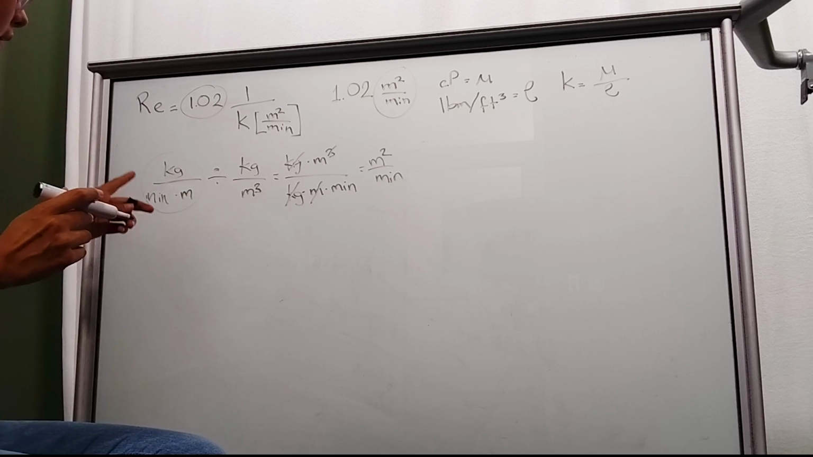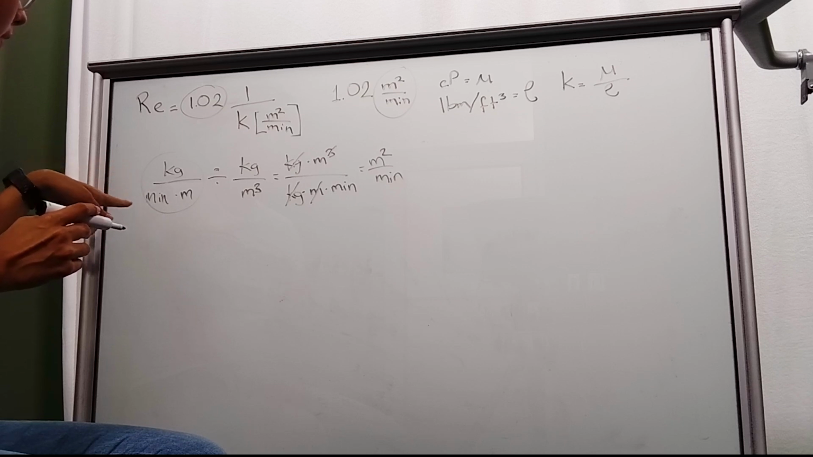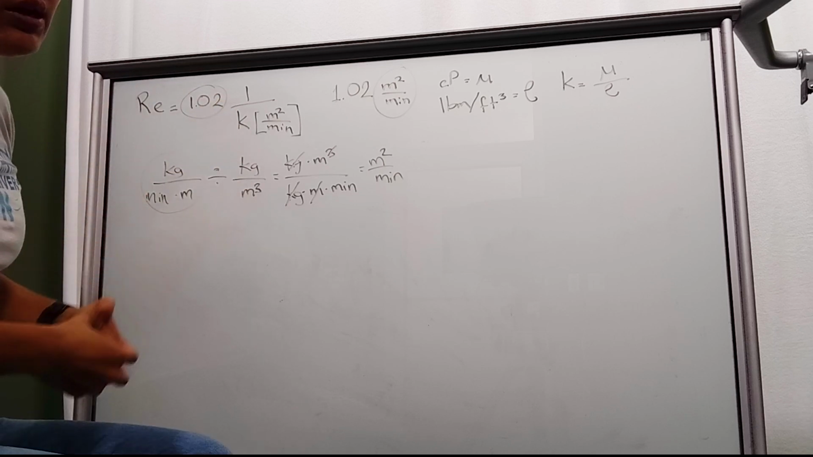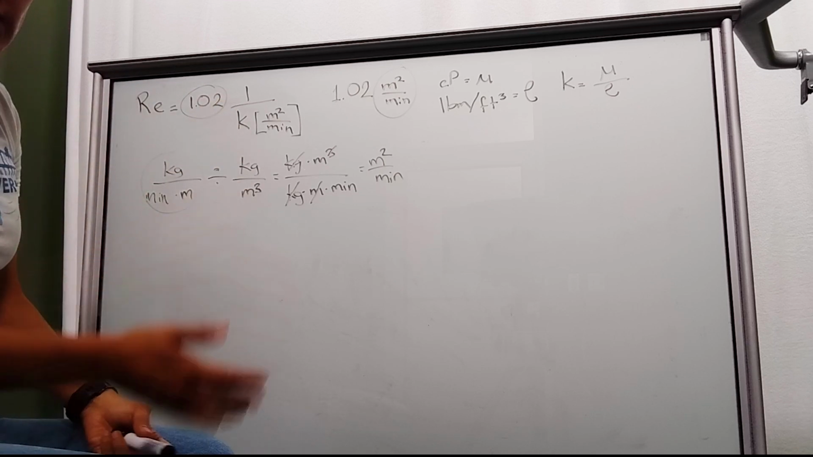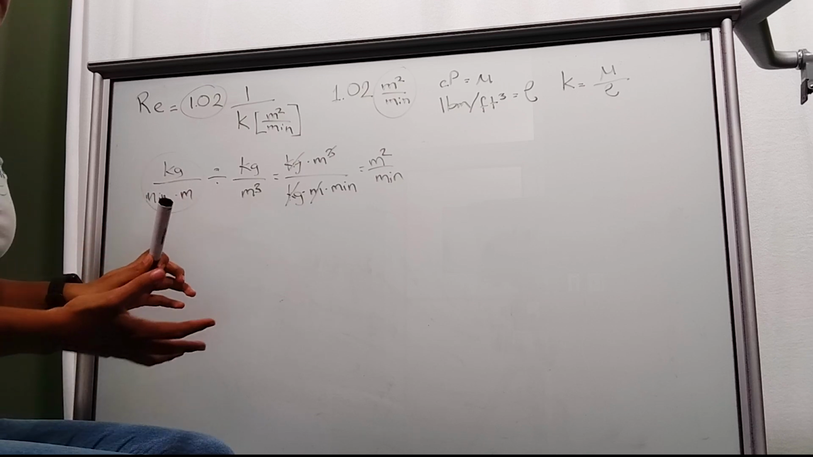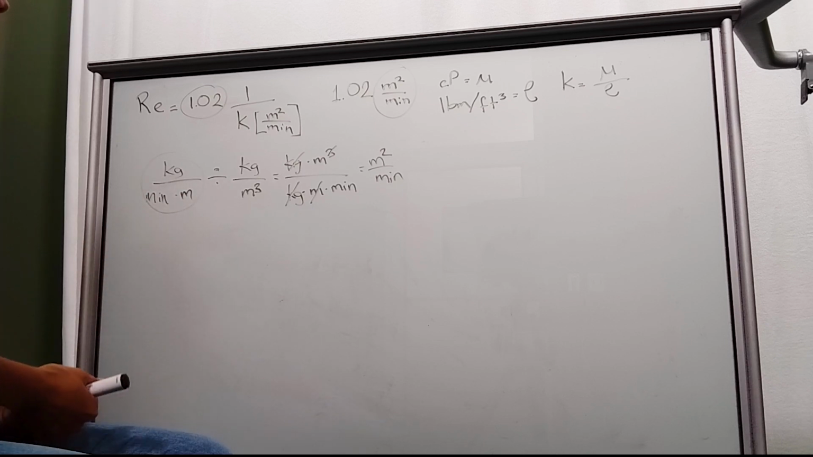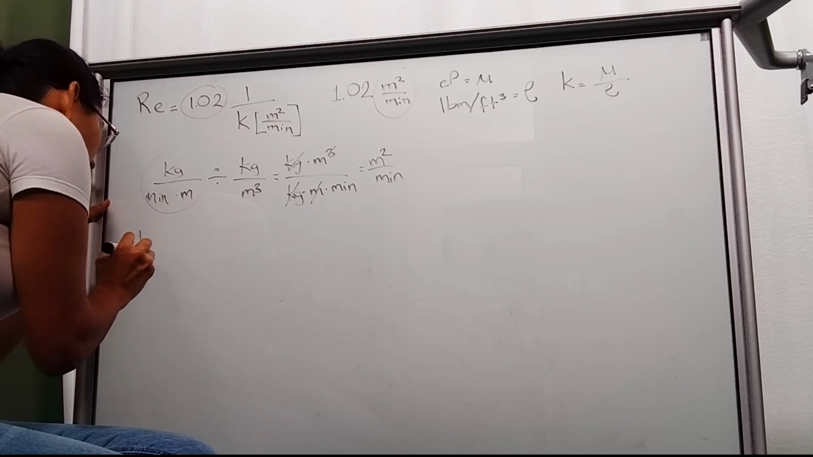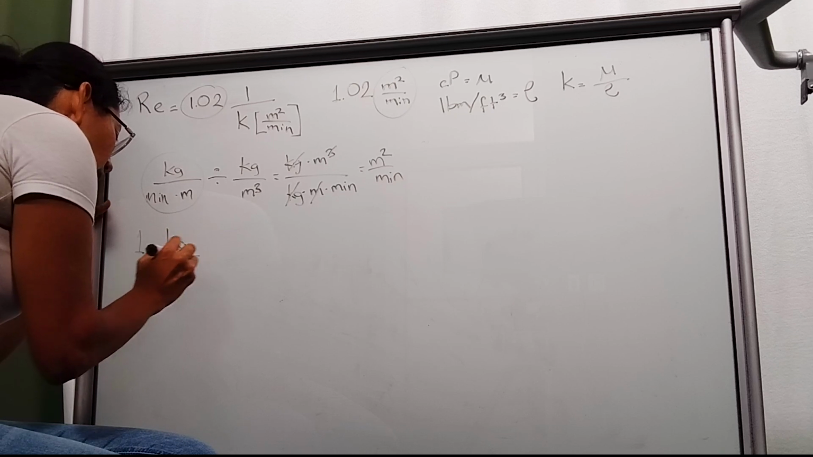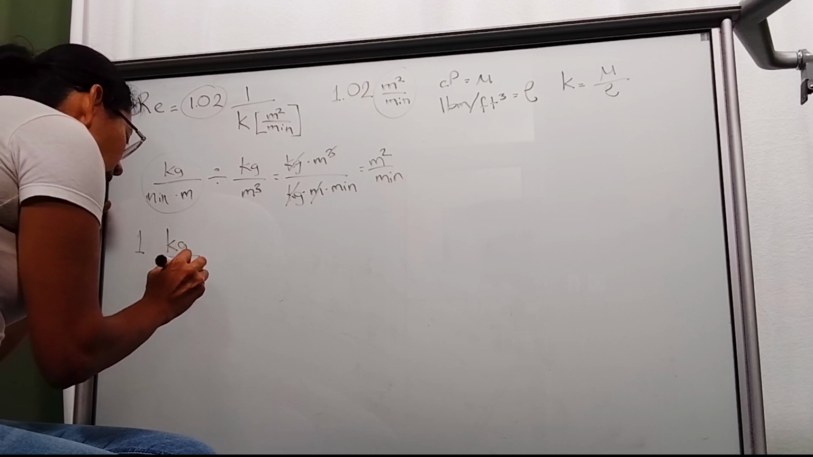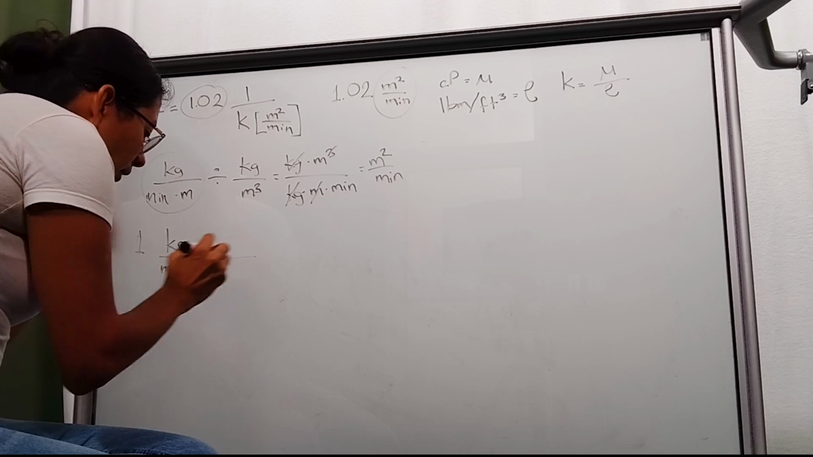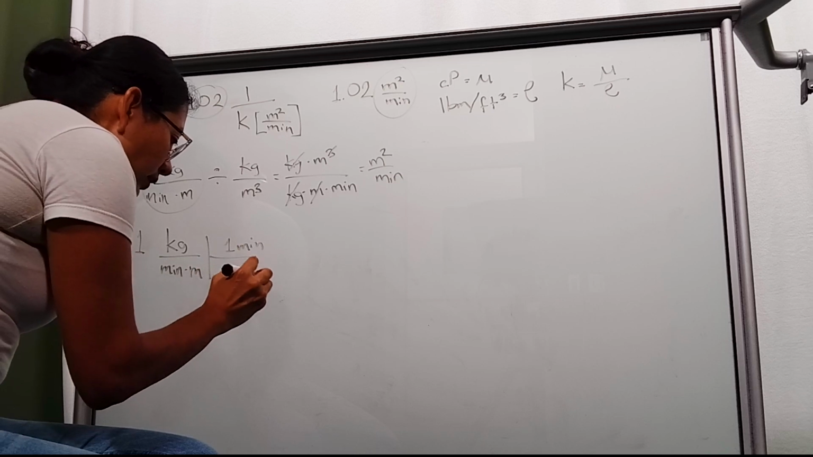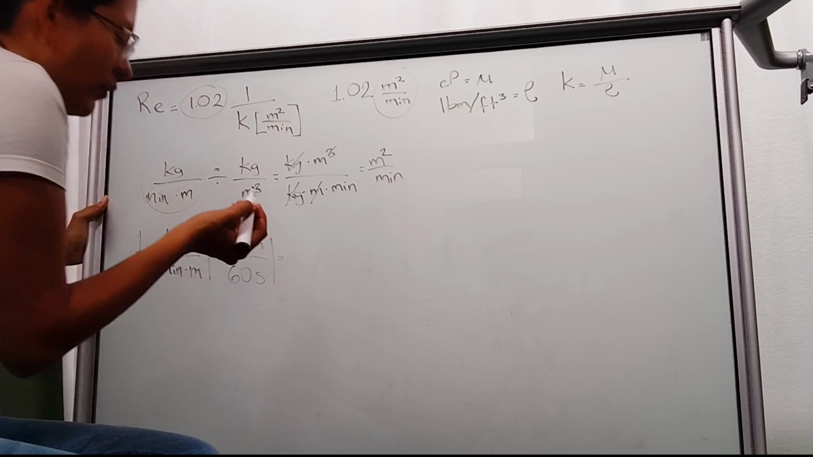The way I did it is separately, assuming that we had a kilogram per minute per meter and 1 kilogram per cubic meter, and then multiply everything. You can also do the conversion directly like we have in the solution, but I feel that this way is a little easier to understand. So first, if we assume that we have 1 kilogram per minute per meter, we need to convert the minutes to seconds. So in 1 minute we have 60 seconds, so that will be